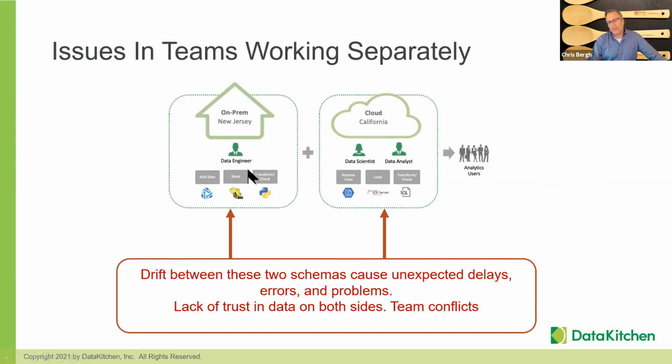And so what happens if you just do a schema change? There's some drift between the schema or the data that happens in New Jersey and the results in California. And how do you monitor that? How do you check for that? And how do you stop this conflict? And this is reminiscent of any group that is working independently but dependently.